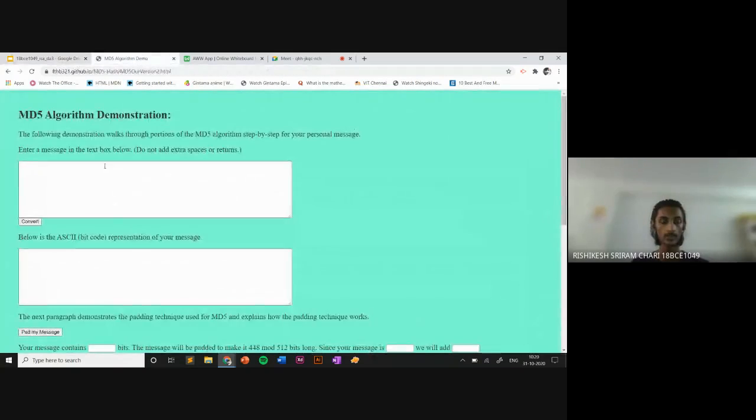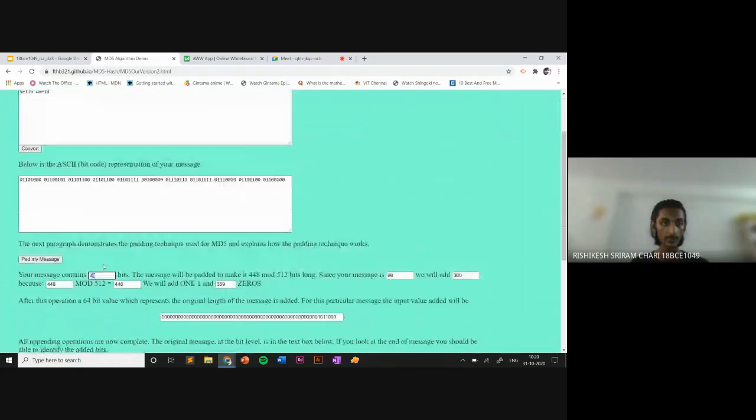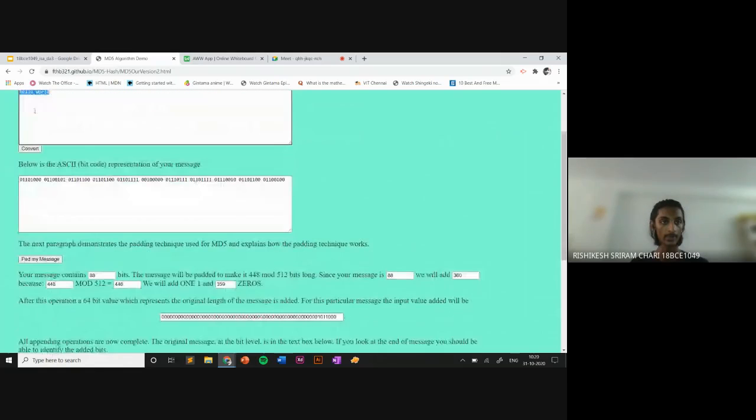So this is one online tool I found. So we can look at it. If I give the message "hello world" and I convert this, as you can see, this is the ASCII value of it, and it says that my message contains 88 bits, which is right because there are 11 characters and each character is 1 byte, and 1 byte is 8 bits. So we have 88 bits, which means that we have to add bits so that